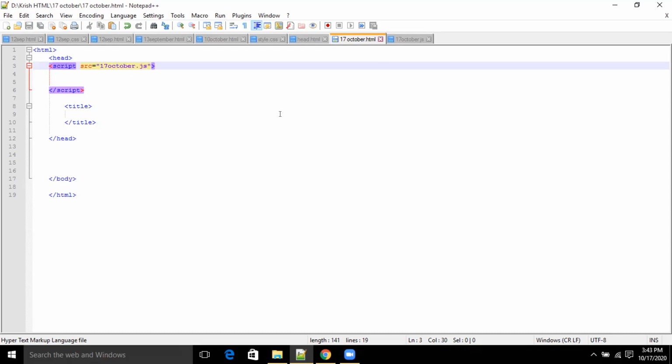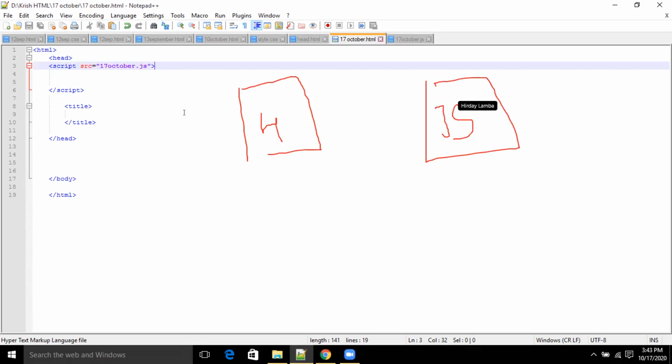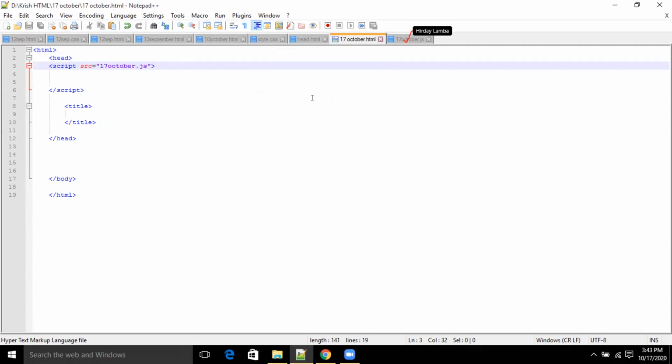Boom. Okay, let's go back to your browser and see if anything is happening on the browser or not. Okay, so just to reiterate why we are doing it, Krish, we have got an HTML file and we have got a JavaScript file. We have to link the JavaScript with the HTML file. How are we going to link it? Using this source statement. When this HTML file loads, it is going to find where the JavaScript is located. This is the file. Yes, sir. Using this statement, we are linking the HTML file and the JavaScript file. Okay. Now let's go to your JavaScript code. Open your JavaScript code.